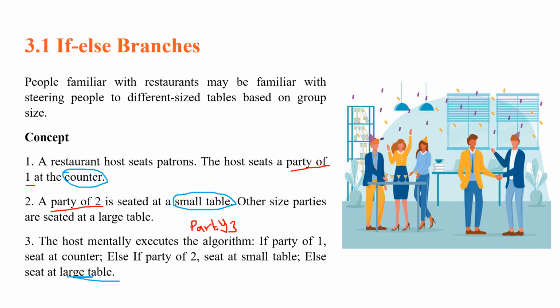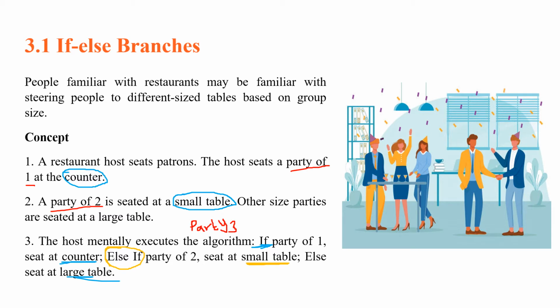So to start off with, if the party is party 1, it will be seated at the counter. So if has a condition, if of party 1, if party 1 is true, then it goes to the counter. Else if it's a party 2, it uses the small table. They'll be seated at the small table. So else if has a condition of party 2,